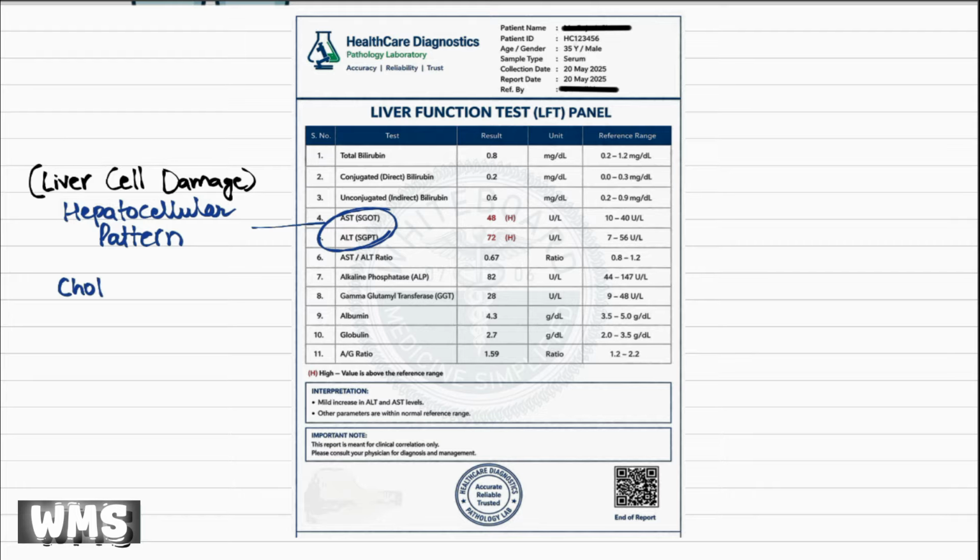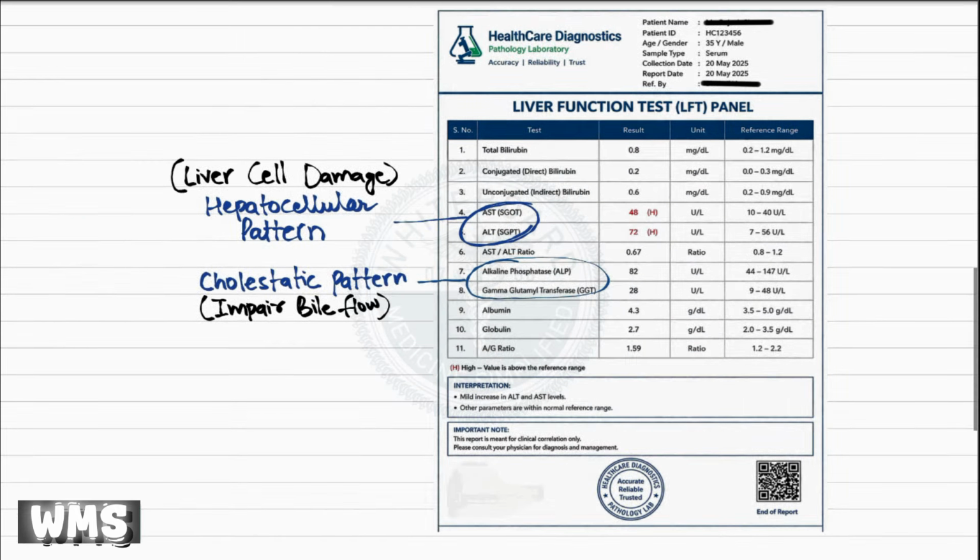The second is the cholestatic pattern, where the problem lies in impaired bile flow, either within the liver or in the bile ducts, leading to a more prominent rise in markers like alkaline phosphatase and GGT, often along with changes in bilirubin levels. And in some cases, we see a mixed pattern, where features of both hepatocellular injury and